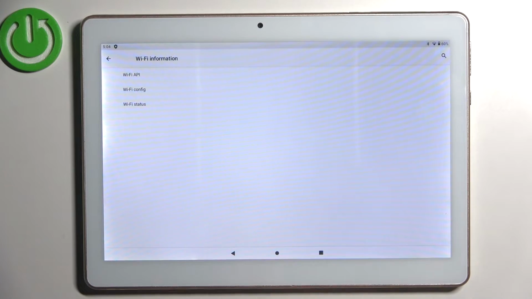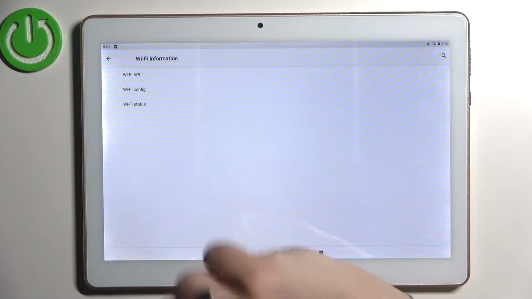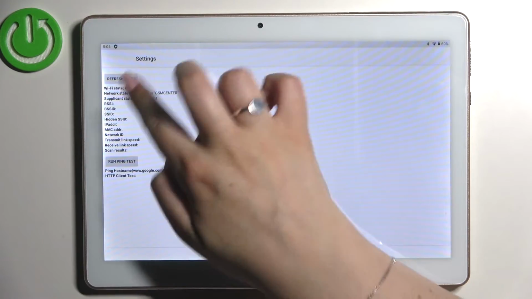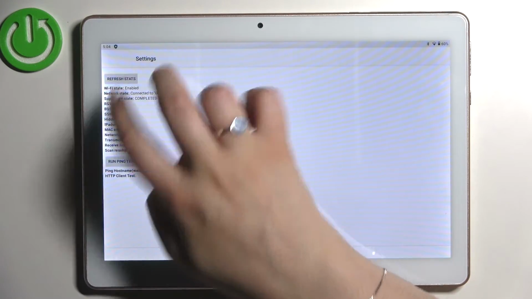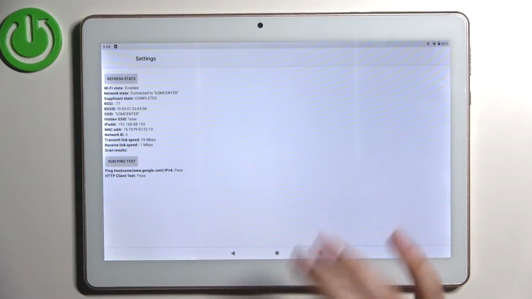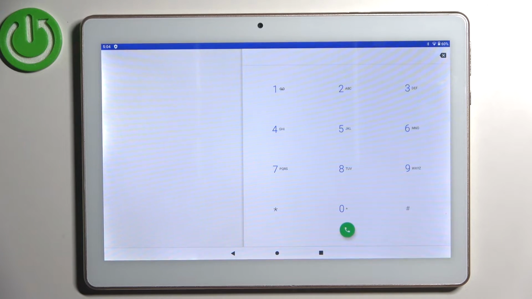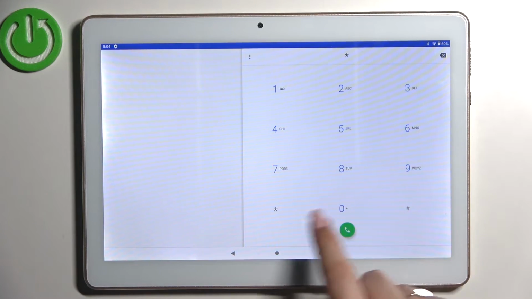Let's check the Wi-Fi info also. For example, the status. As you can see, we can check also the API and configuration. So just pick one, tap on refresh stats, and as you can see, we can check something like the network state, SSID or network ID. What's more, we can run a ping test here. So let me get back to the dialer because that's all for this code, and let me open the calendar info. And the code for it is